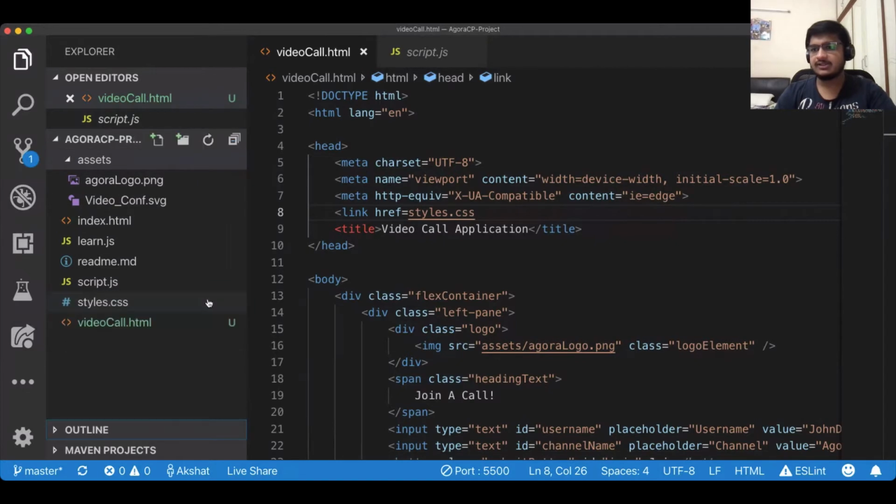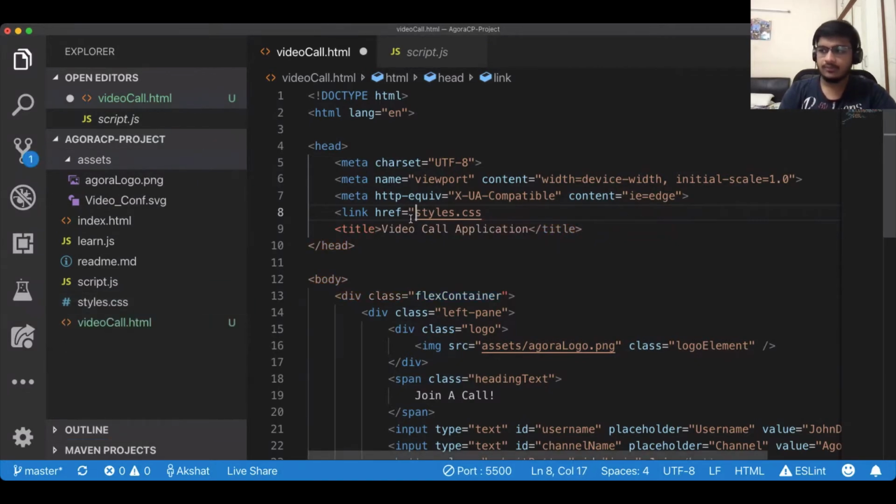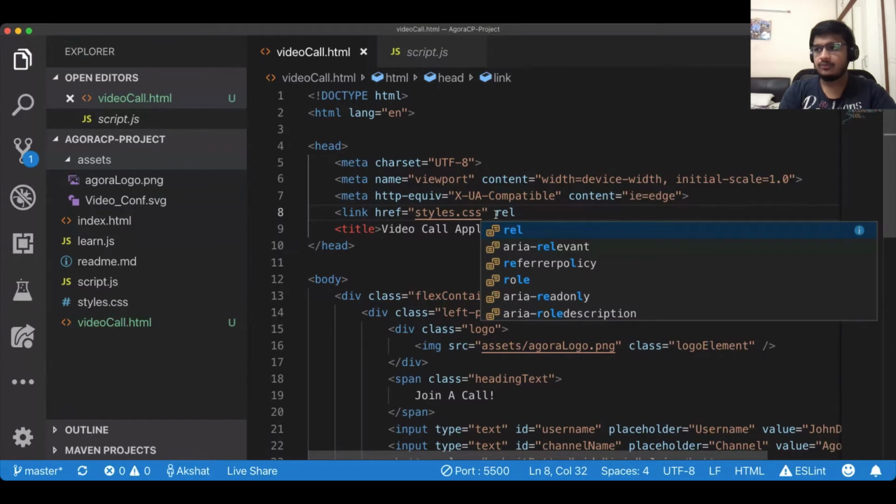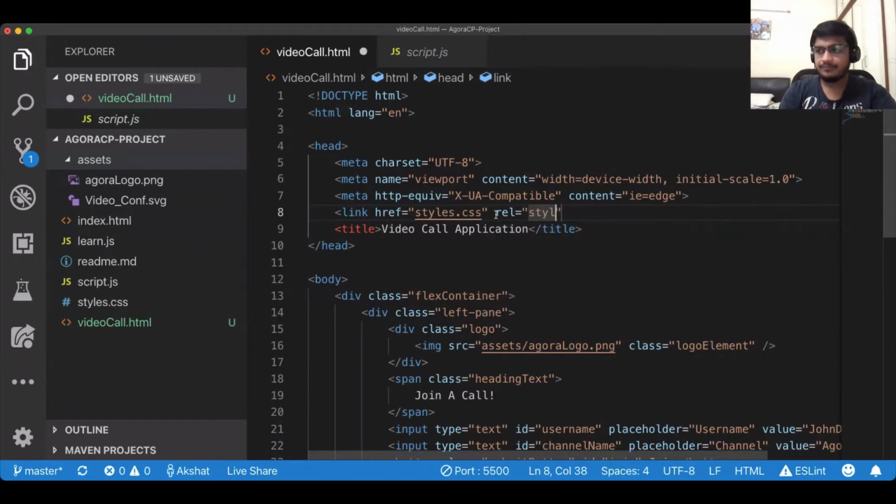This is a CSS file which already existed from last time. Rel equal to stylesheet. Just link your previous style sheet from previous sessions, and you'll have a much better looking UI right now, but